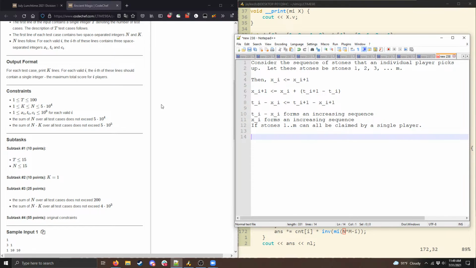And as I said earlier in the stream, if we have a bound that's up to like 15 or 20 or something, more often than not you're looking for an exponential solution. There are a couple of things you could do here, but what I did is iterate over which stones will be picked up and the number of players. Then I find the minimum number of players for each set of stones, and that is enough to compute the answer because then we can just find the maximum value from each set that can be picked up by at most k players.